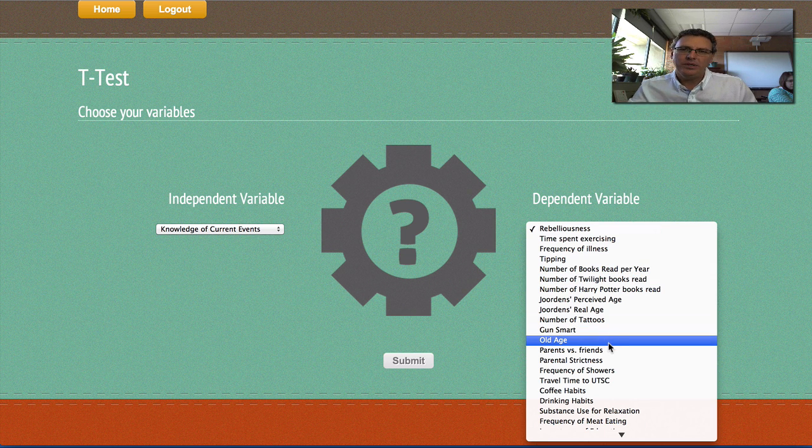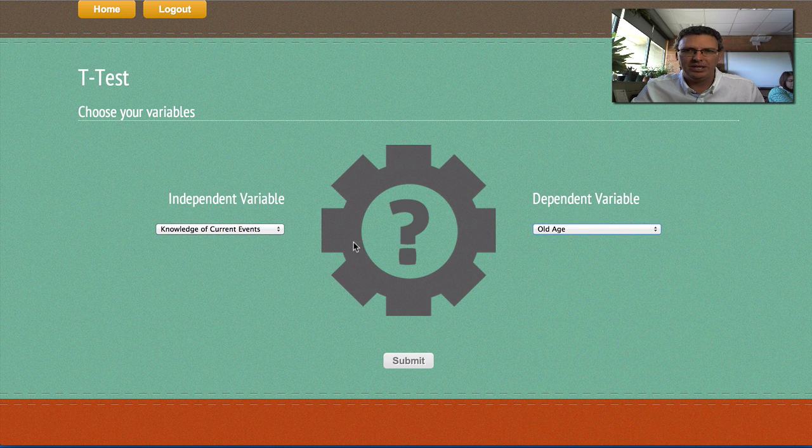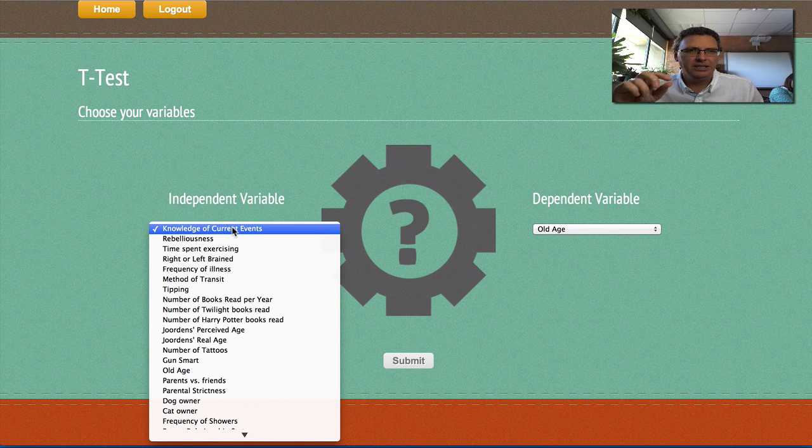Okay, this one, we'll pick this one as our dependent variable. So I remember this variable. This was, at what age do you think somebody is old? Like, what is the age that defines them as being old? So let's say we're kind of curious about that, and we think that a person's estimate of when you become old will depend on